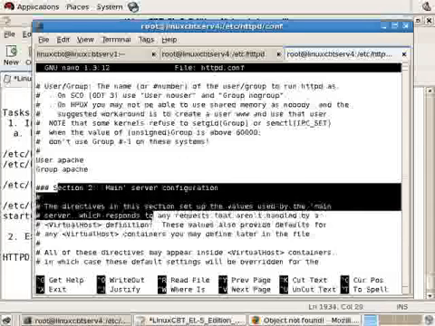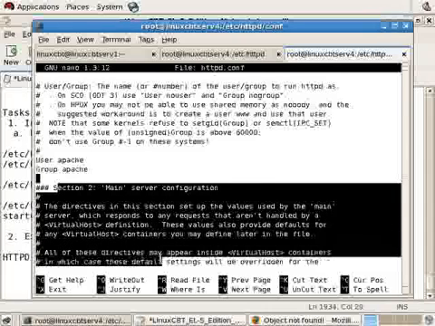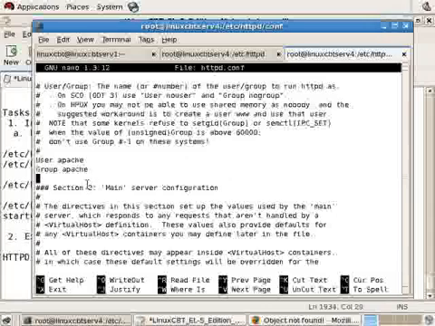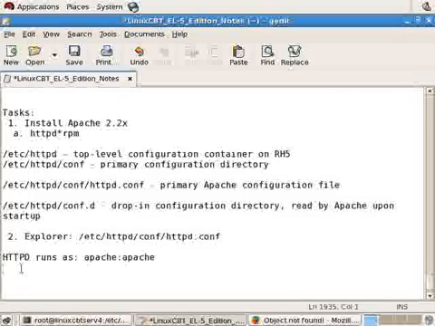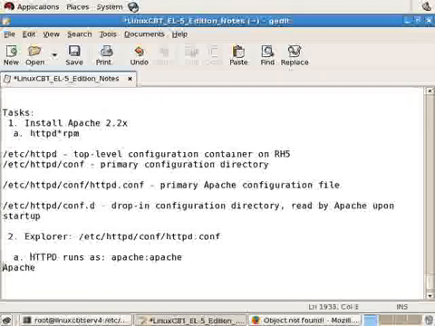Now beyond the global configuration section, we find section number 2, which covers the main server's configuration. Apache maintains a main server distinct of, or independent of, the virtual hosts. And these are things that we should be noting along the way, in no particular order. So Apache maintains always a main server, which is independent